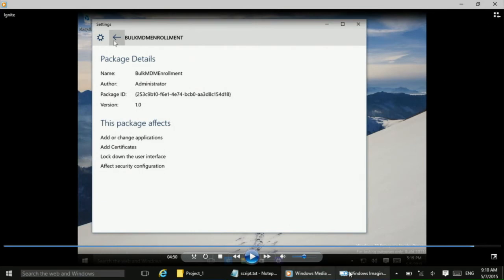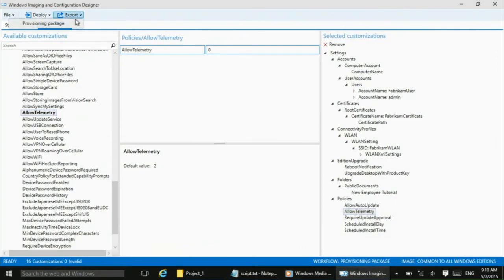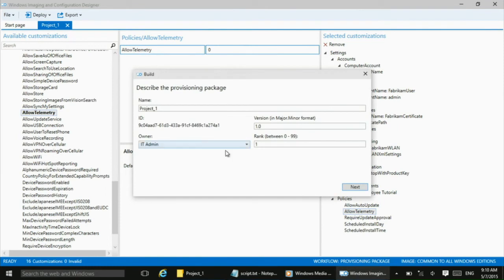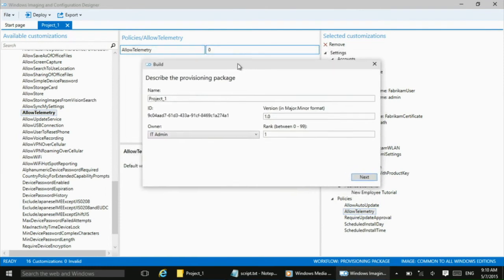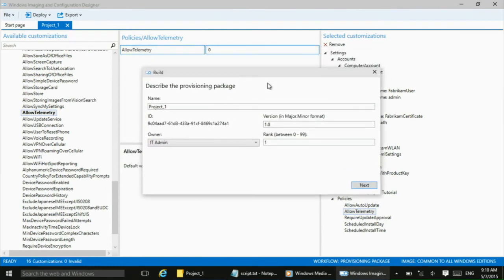If I go back to the package creation, as you can see here, on the final screen of the Windows Imaging and Configuration Designer, you can say what entity creates this package. It can be Microsoft, Silicon Vendor, OEM, System Integrator. And the only meaning of these things is the relative rank of the package and how exactly it's going